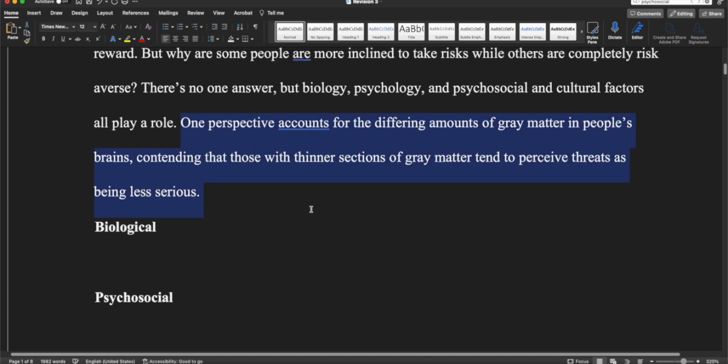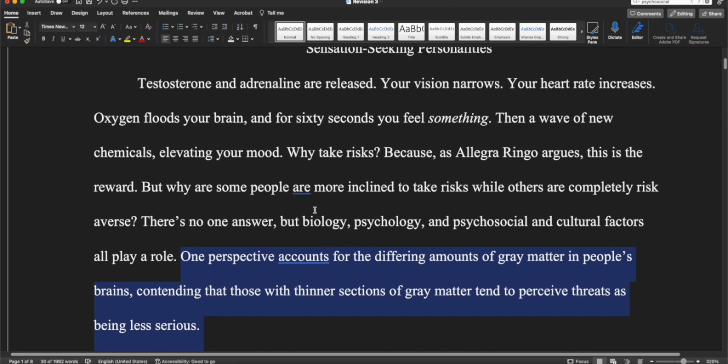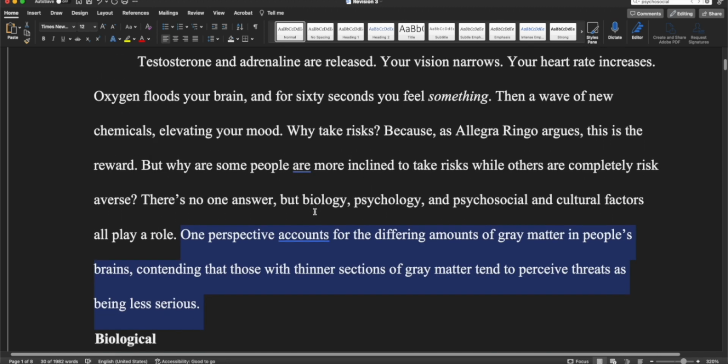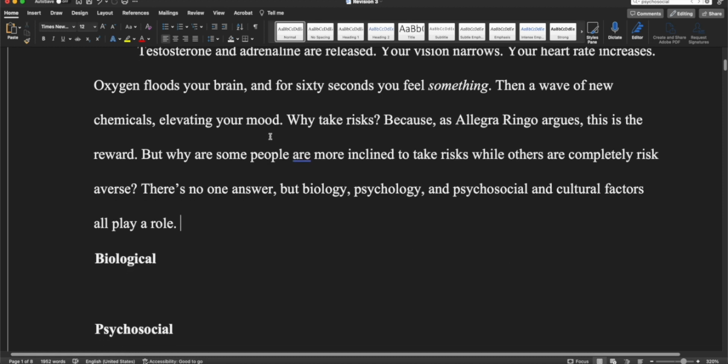Since we don't have a citation for this gray matter section, we didn't, did we? I've changed this around enough, but I think in the original we didn't. I'm going to go ahead and get rid of it. But we now have